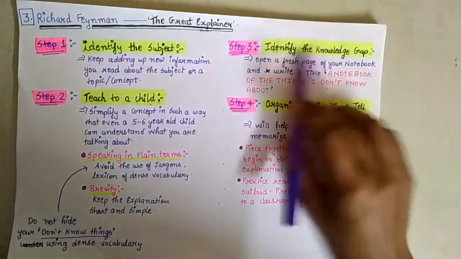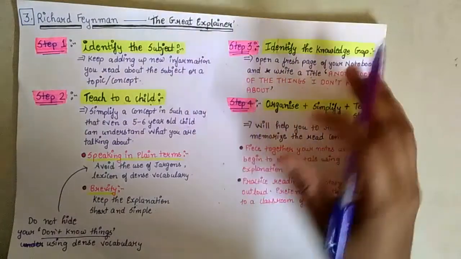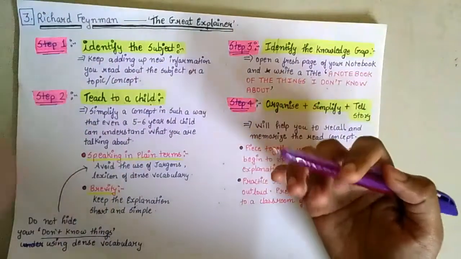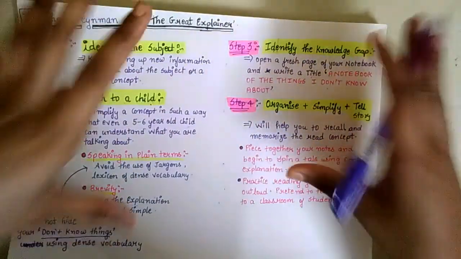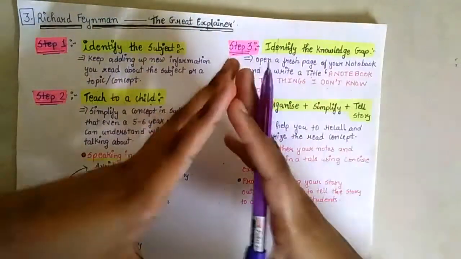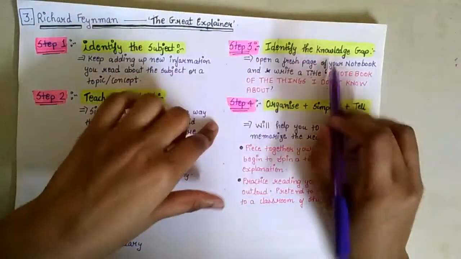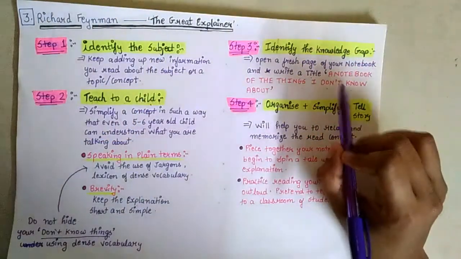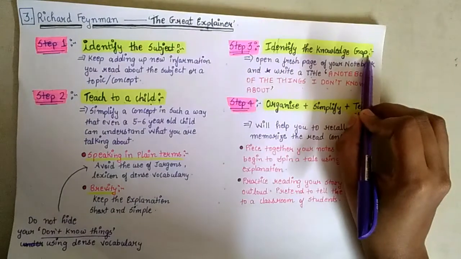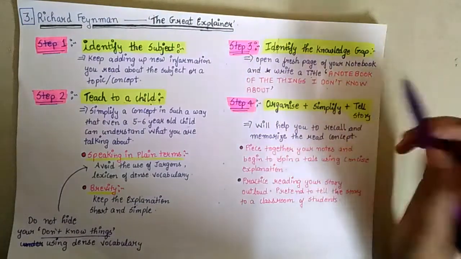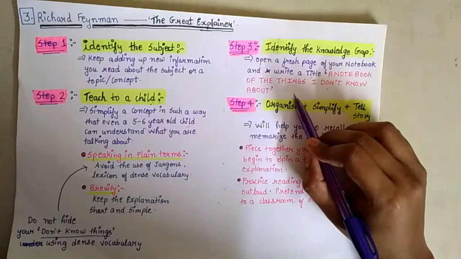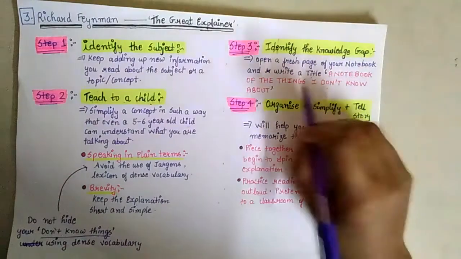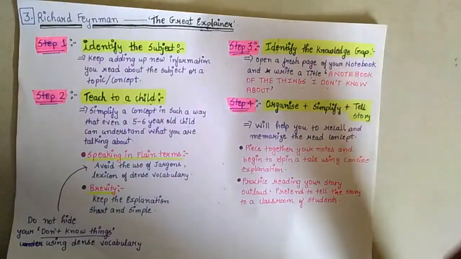And when he made this notebook of the things he did not know about, he used to compile those with his learnings, the things he knows and the things he doesn't know. And then he used to assemble those things and identify the knowledge gap he had got, and then start working on that. This is the best way to understand the knowledge gap, because knowing what you don't know is the most important thing to understand where you lack. This is the best way possible for you to understand